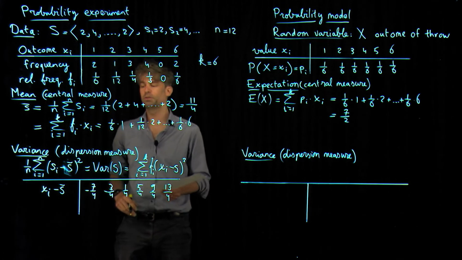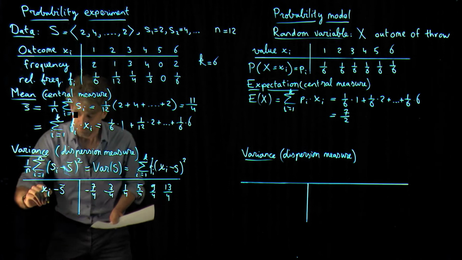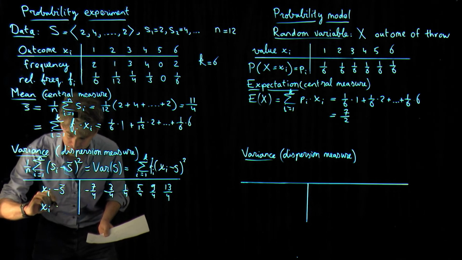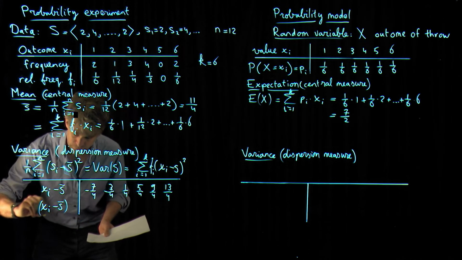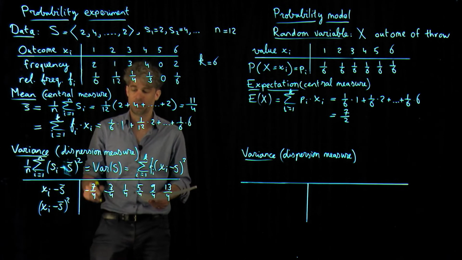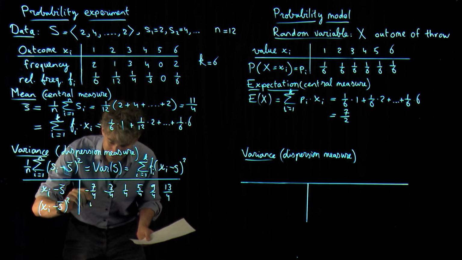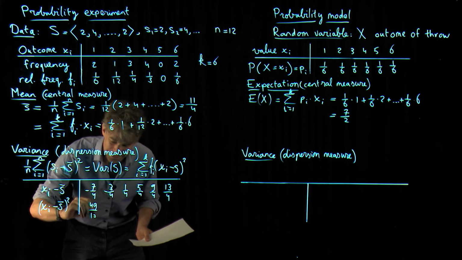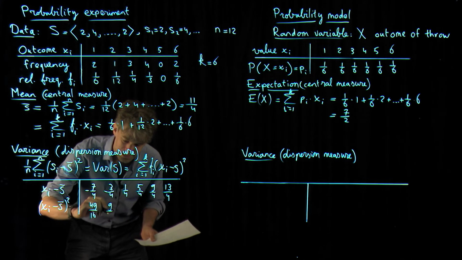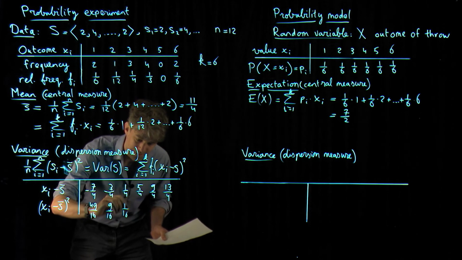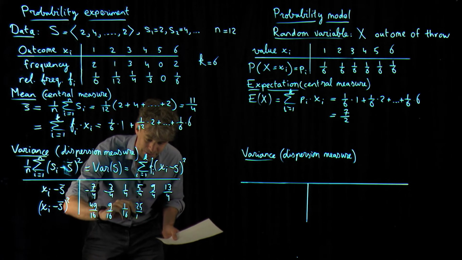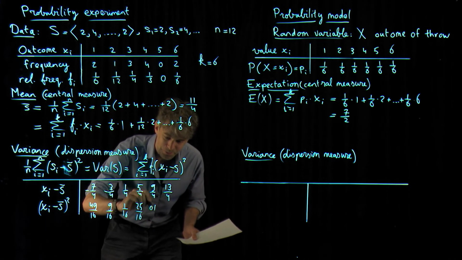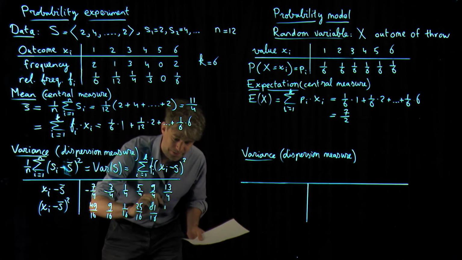Okay, so far so good. Then I can compute the squares of all this. And well, let's have some fun here. This is 49 over 16. This is 9 over 16. This is 1 over 16. This is 25 over 16. 81 over 16 and